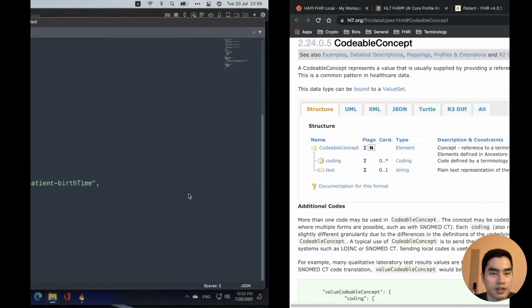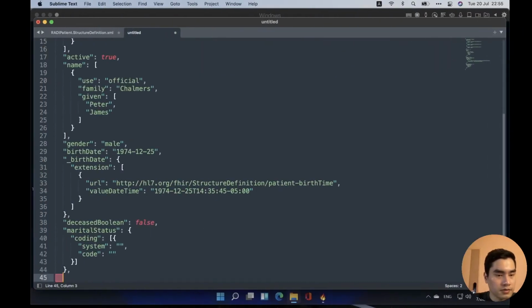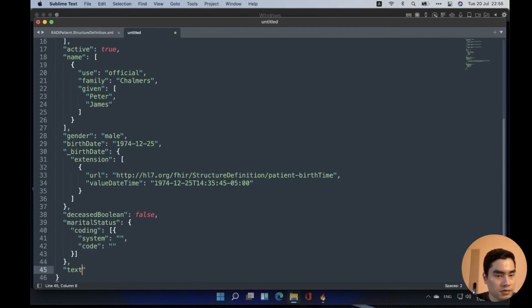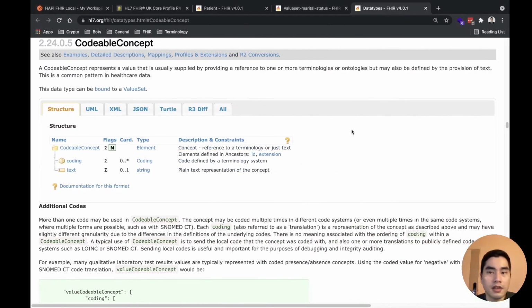I think text. Yeah, text. I think it's different. I think we don't need it. Yeah, code, and we can use display here for the text.